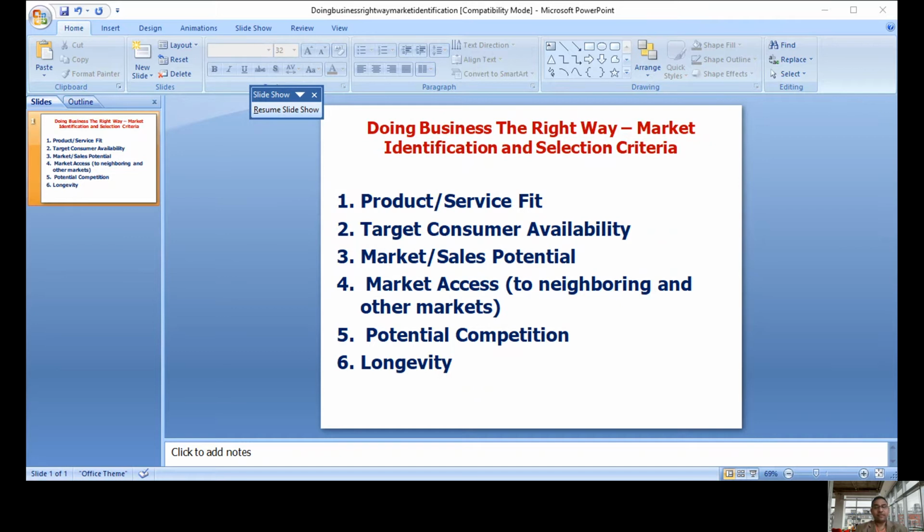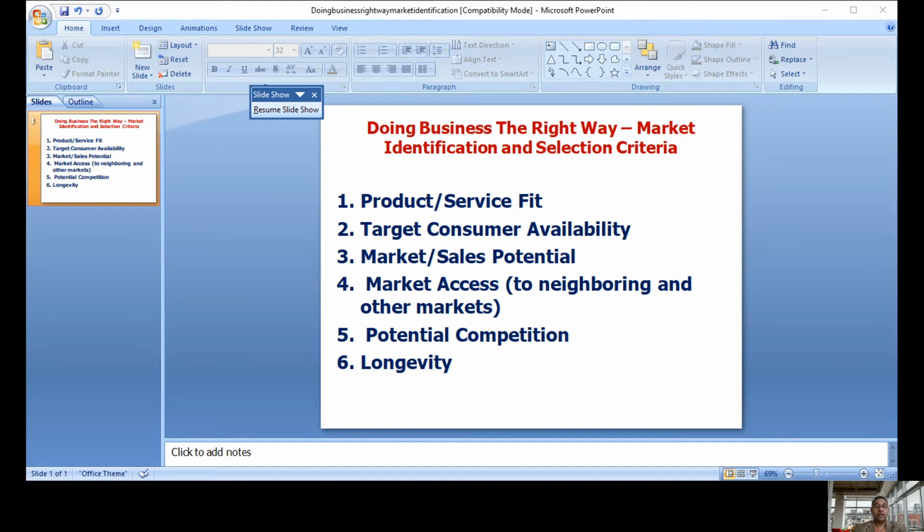So number four, the market access. You are not only looking at the market, because you are starting a business which you want to grow. So definitely you look for a market that gives access to different markets, to move into different places. This is a very important aspect for the company.